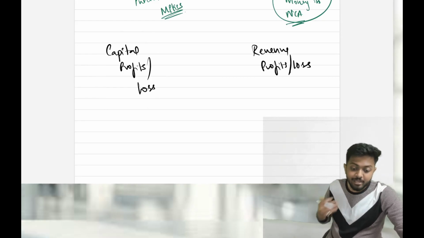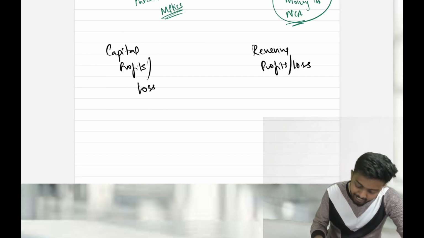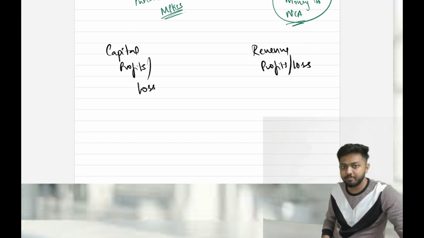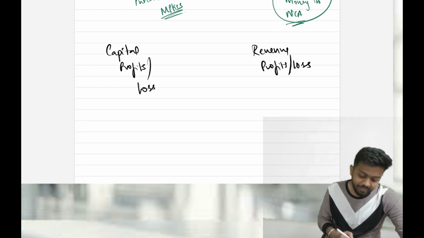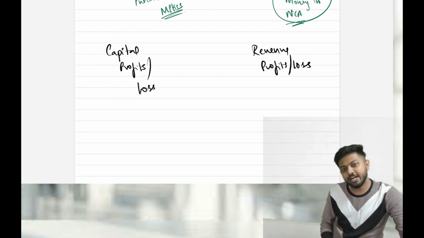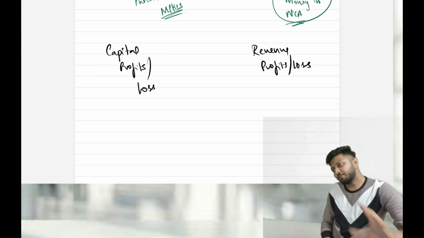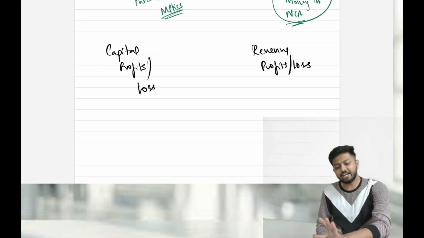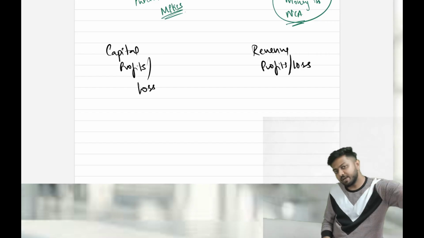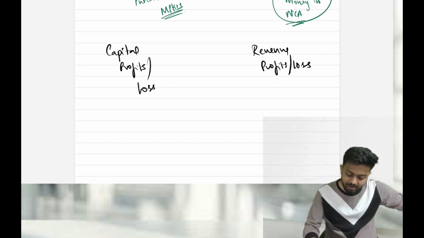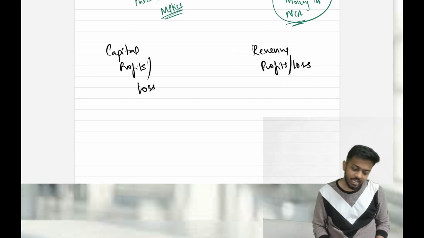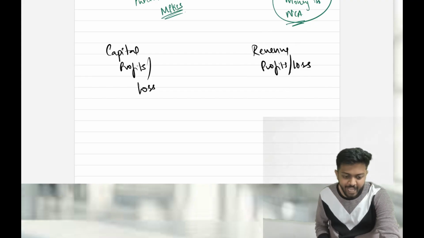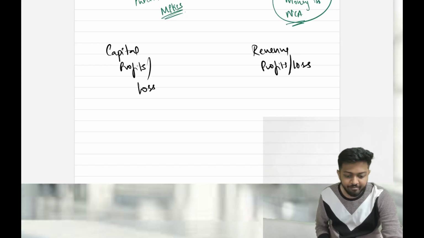Profit that I have made by selling goods, it is an operating activity, comes under revenue profit. Profit or loss on sale of investment, again investing activity, comes under capital profit. You are understanding? Any profits pertaining to investing or financing activity are capital. Anything pertaining to operating activity will be treated as revenue profit or loss. Did you understand the classification? Yes. So let's go to the next thing under your accounting fundamentals.